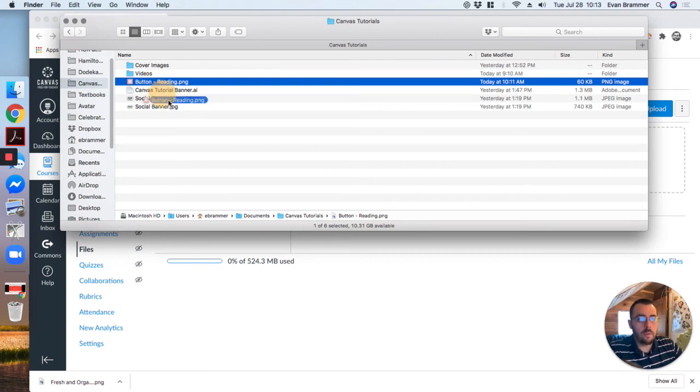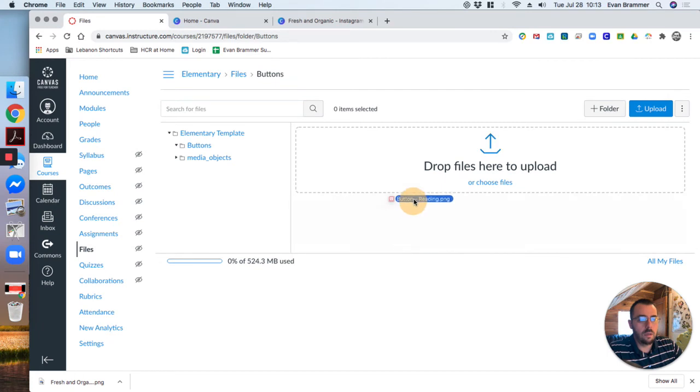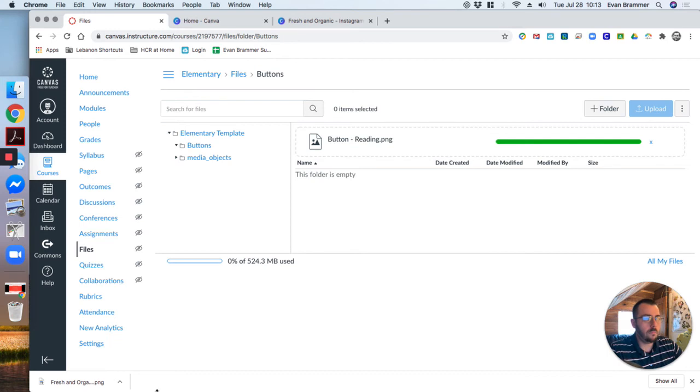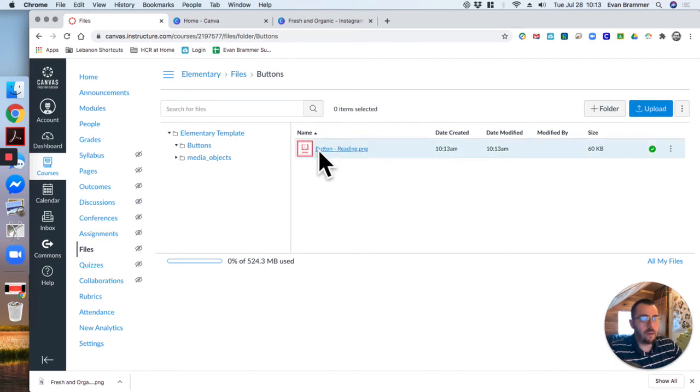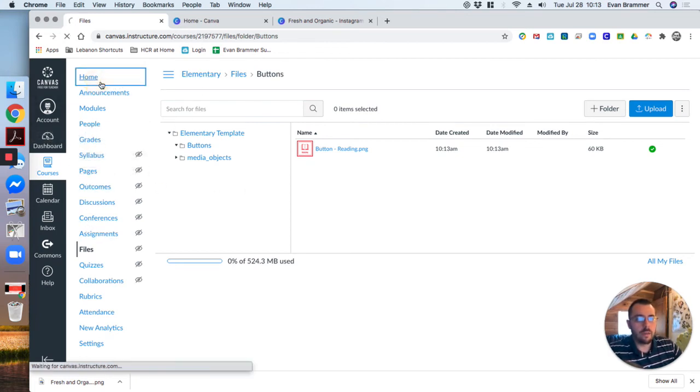I'm going to grab that and I'm going to come into here, and you notice that all I have to do is drag it and drop it in here. I could go and click and choose the file and go find it in my file system, but drag and drop is good. Now I have that button there. That means anytime I want to add the file, it adds the exact same file instead of creating a new file. So I'm going to go back to home,